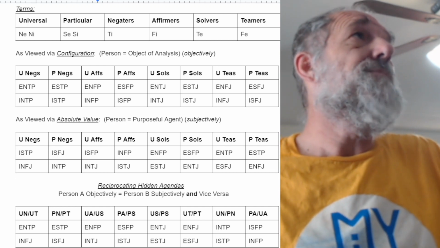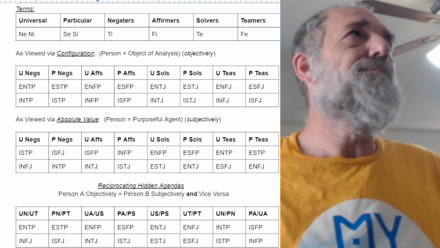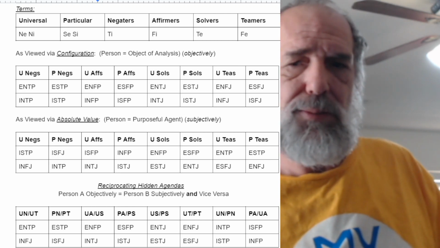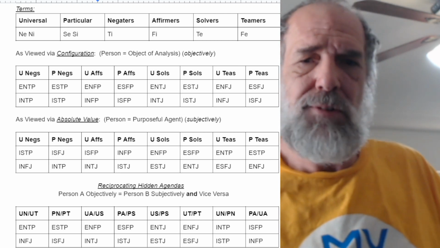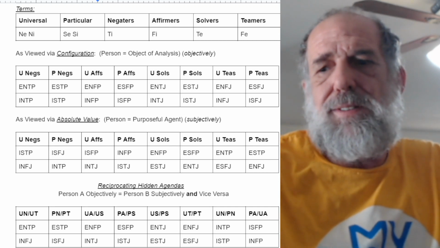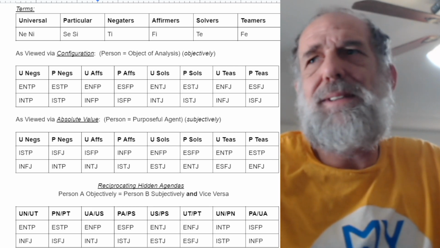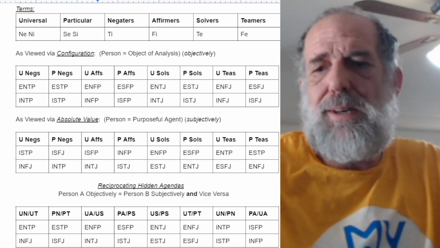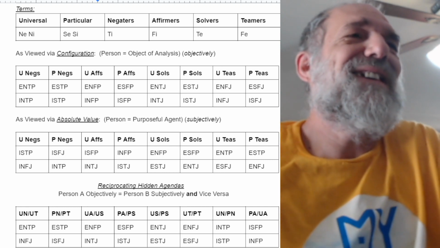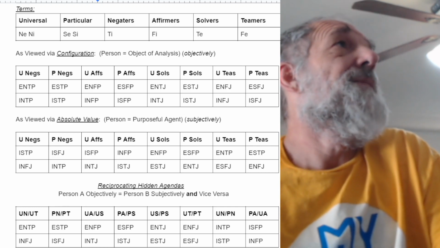Particular negators would be ESTPs and ISTPs. They negate on a particular level. In other words, an example: my daughter's an ESTP. She and I disagreed about certain things on COVID. Primarily, her indication that I should get the vaccine no matter what, because even if it protects me just a fraction of a little bit, it's better than nothing because she doesn't want me to die. Okay. Me, I say, no, we don't want to validate nonsense with our behavior. But regardless,